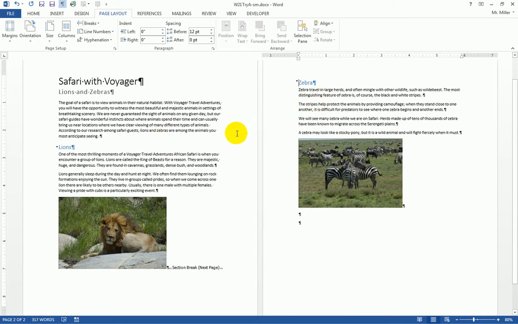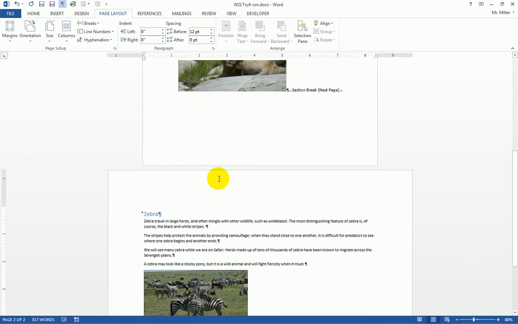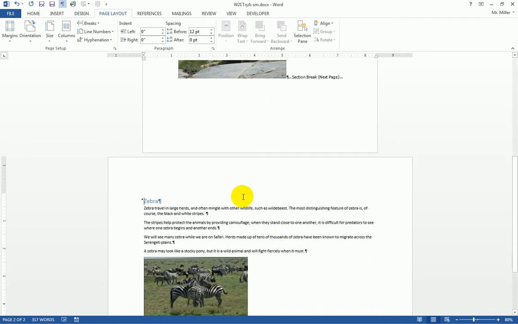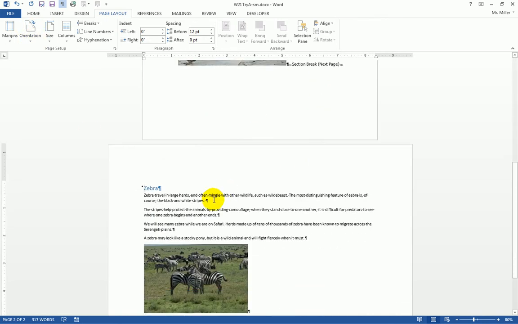The difference, however, is if I'm on the zebra page and I go to the orientation button and I choose landscape, notice what happens. Because of the next page section break, my document is divided into two sections. The second section can be landscape, and the first section is portrait. So each section of the document can be formatted differently. One, formatted with the orientation of portrait. Two, oriented with the